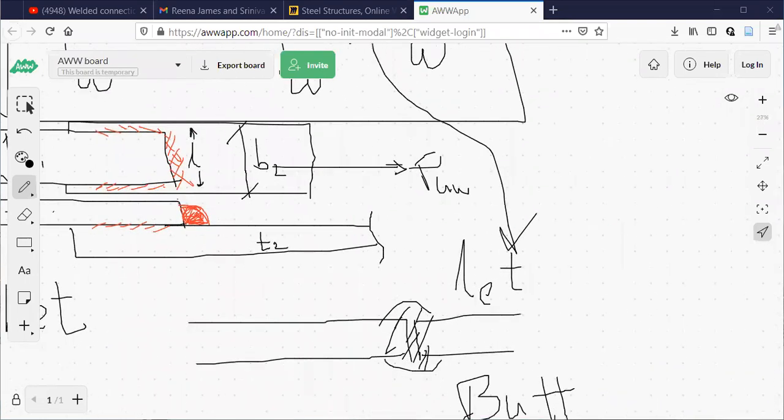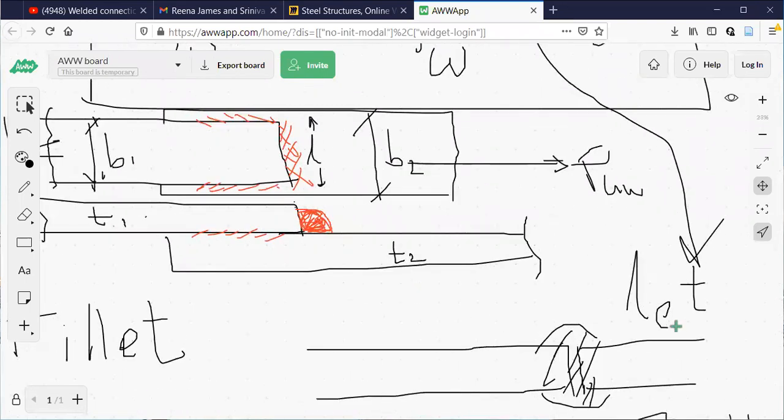How to get it? I'll show. Observe this now. What is this T? Thickness of the weld. This is important here. A 45-degree line is drawn inside like this, and these two points are connected, and these end points are connected like this.